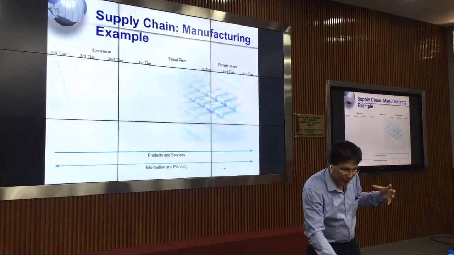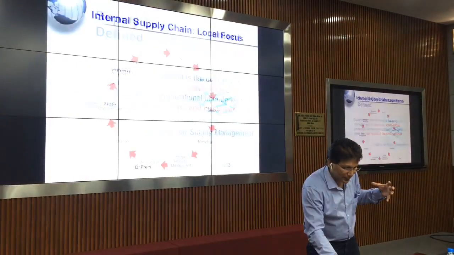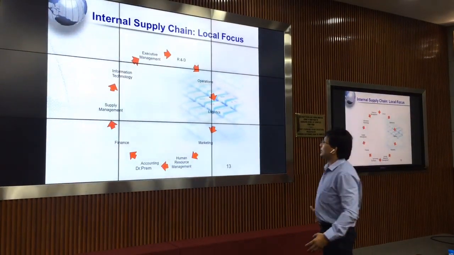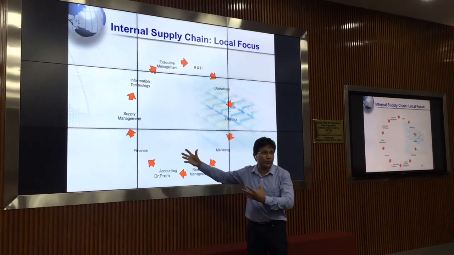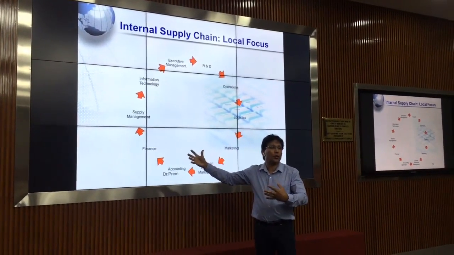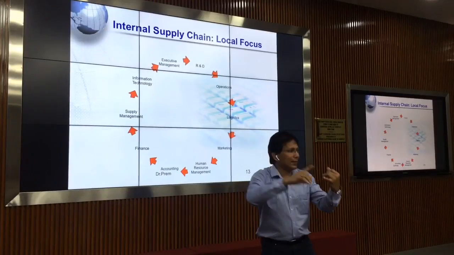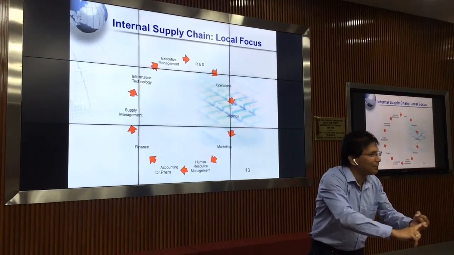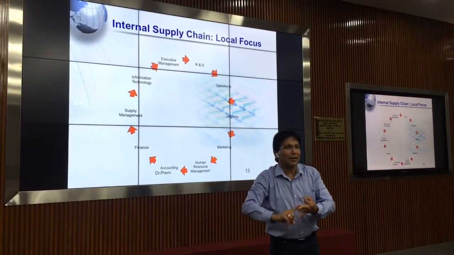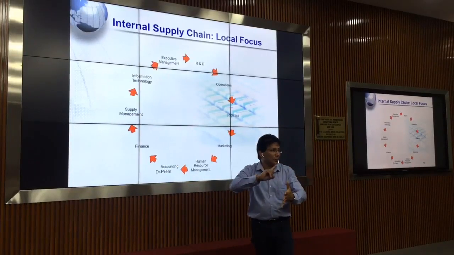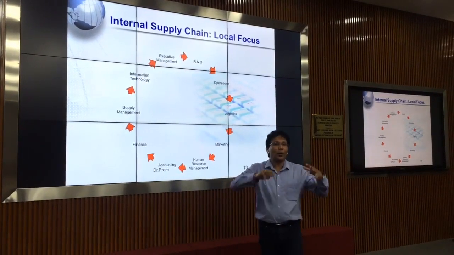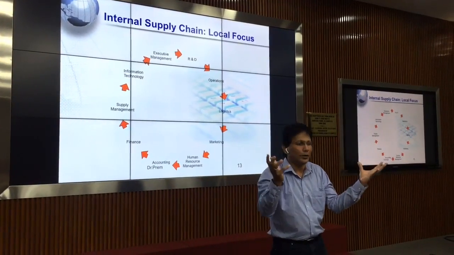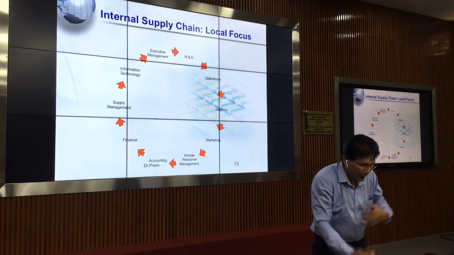Now, let us see what is happening. These are all the functions that you have in your company. Or you call it department. You have marketing department, finance department, accounts department, logistics department, supply material department, IT department, all operations. So these are all called functions. Now, what is happening? Here you find